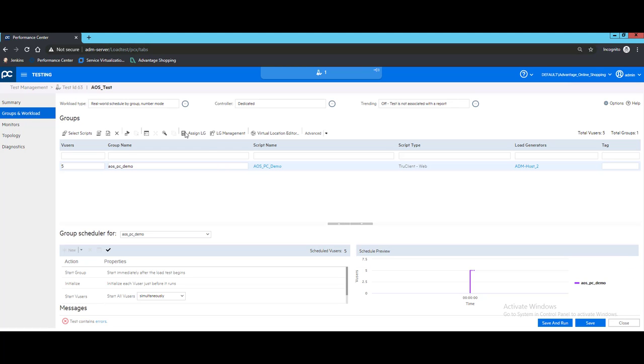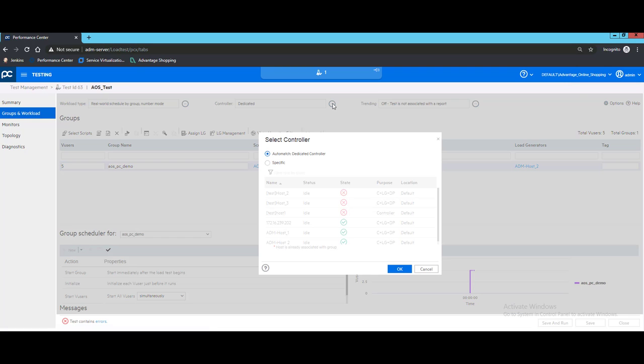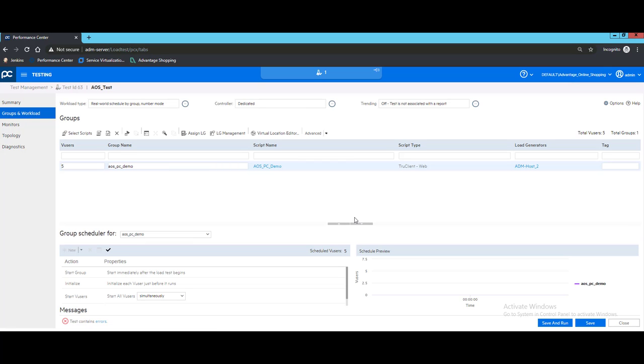Now we're going to assign the controller. Click this one. At this instance, we have multiple controllers available as well. So we can choose either specific or auto match. Right now, we could use auto match. Let's press OK. Now that we have the load generator and the controller assigned to the script,